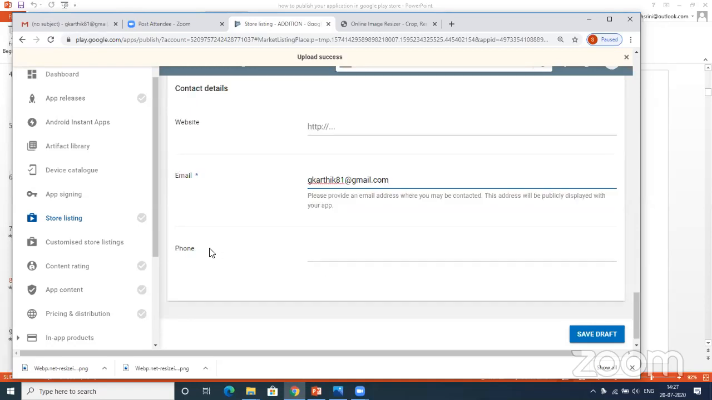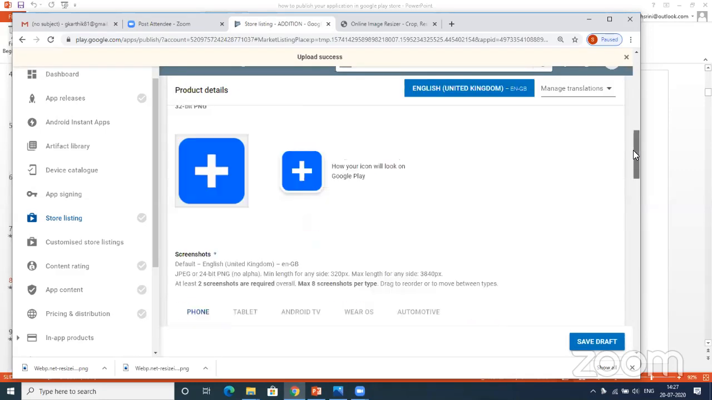Phone number is not mandatory. You need not give it. If you at all need it, if you want, you can give your phone number. So in the store listing, you can see we have